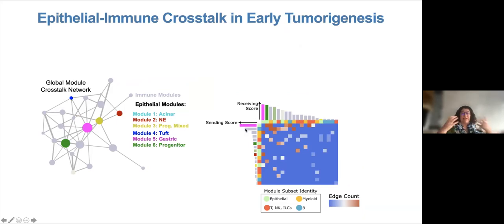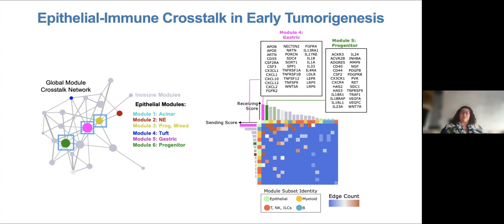And again, the gastric module is a winner in both the number of signals it could send to its microenvironment and the number of signals it can receive. Of course, you have to go down to the genes. Everything's about the genes, and you can see that there is indeed an enormous number of cytokines and receptors at play here in both the gastric module, the more Pannin-like module, as well as the progenitor module, these initiating states that we saw at the tips, that were the initial states by our CellRank algorithm.